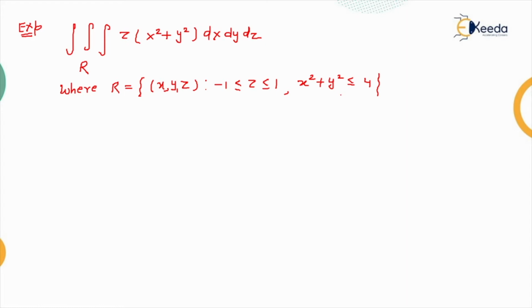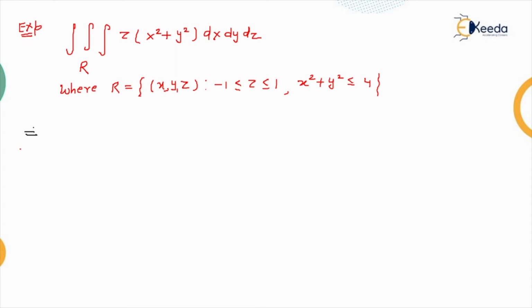So these kinds of questions cannot be solved by putting in the limits directly. As I told you in the time of double integrals, if the curve is given in the function, like the function given here, x square plus y square, and the same equation of curve is given in the place of limit, then in that case we need to change the Cartesian coordinates to cylindrical or spherical coordinates.